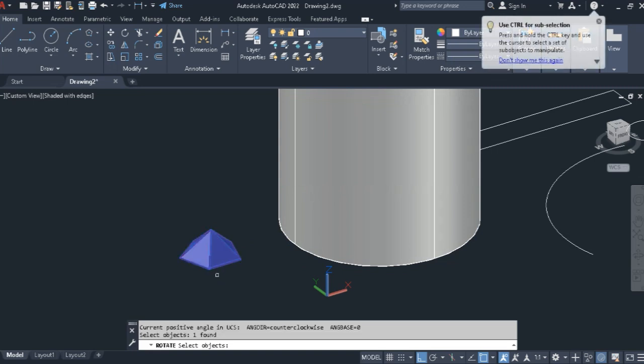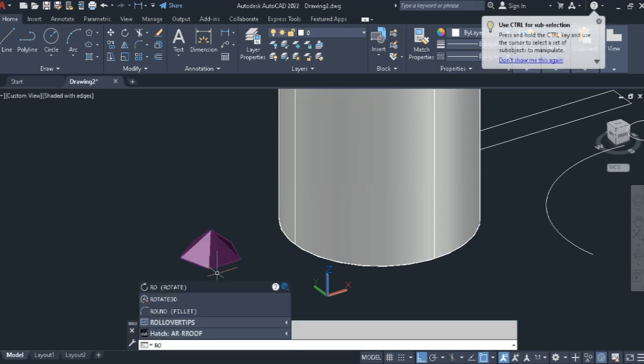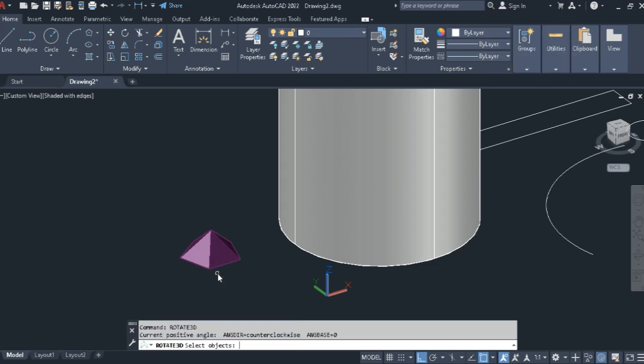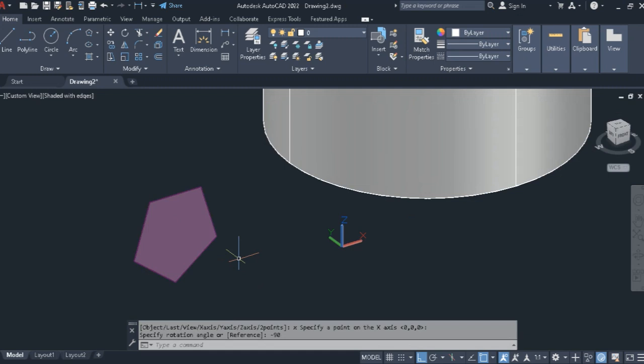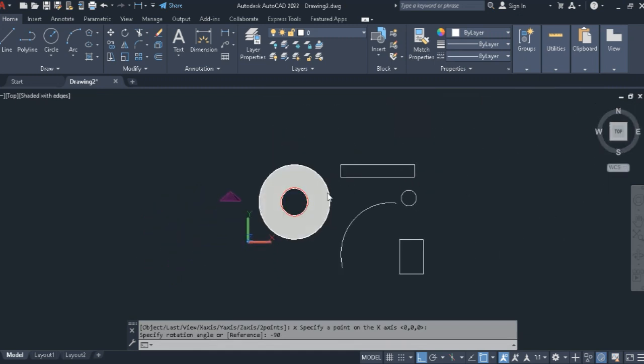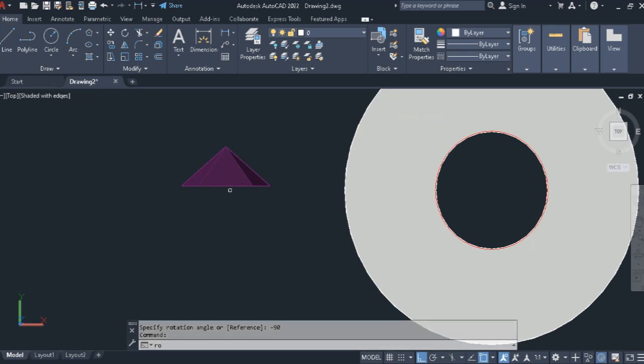Now we're going to rotate 3D in the x-axis. Sorry, I made a mistake there. So you select the object, you choose the axis, which is x, then you specify a point on the axis and the reference angle. Let's look at that in the plan. Alright, this works well. Now what we want to do is to etch this design